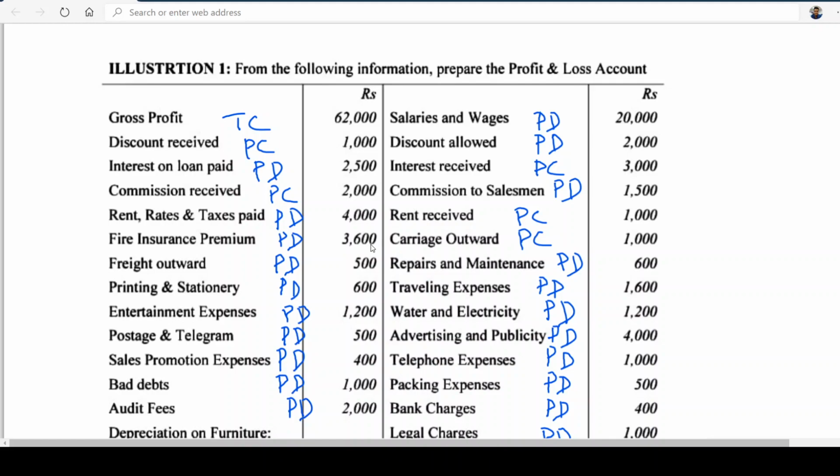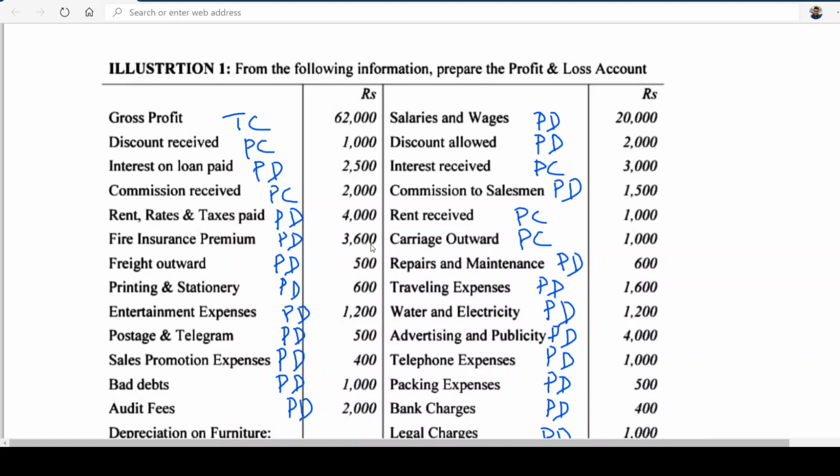Today I started the discussion by clarifying the doubts some of the students were having. I think the doubt about cost of goods sold has been clarified, along with when closing stock is taken to the trading account and when it is not. The second important point is that we have learned the format of the trading and P&L account by doing three problems, and one problem I have given as homework to you.